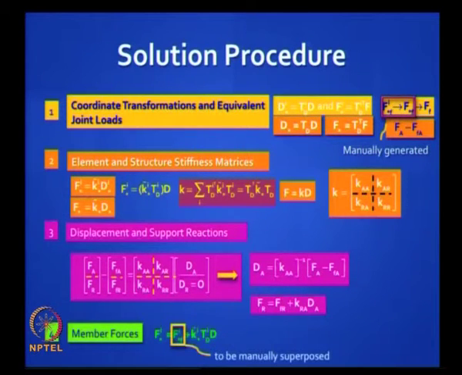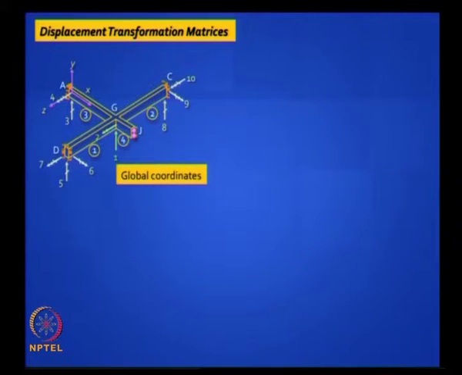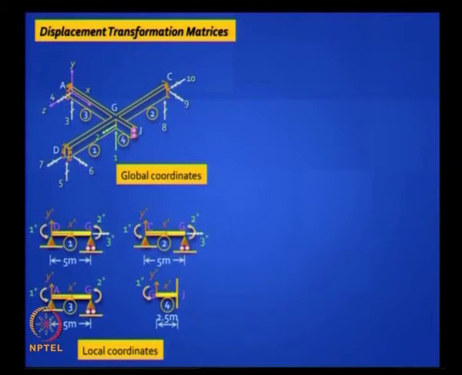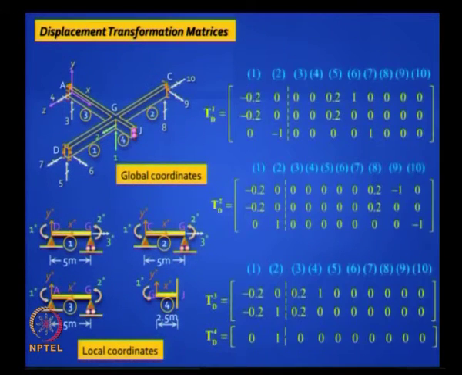So first, this is the simplified model of the grid that we are going to look at. You have to first generate the TD matrix. You have global coordinates and you have local coordinates. Can you write down the TD matrix for these elements? Once you do that, everything falls into place. To do the TD matrix, you have to apply D1 equal to 1 and see what happens to those rotations, then D2 equal to 1, etc.